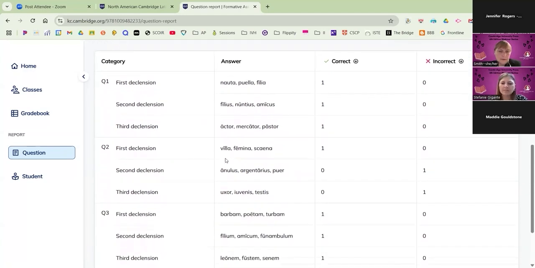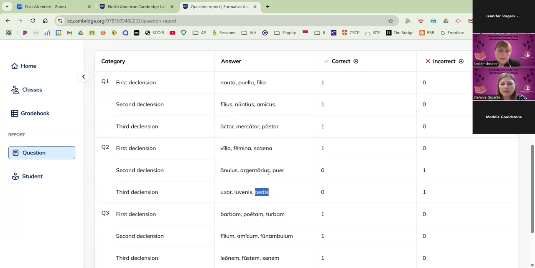Now I can see things are starting to change a little bit, right? This student is still strong for first declension, but we start to drop off a little bit for second declension and then third. And maybe I can start to make some more diagnostic decisions about the student and their performance, or just the class and their capabilities, by saying, oh, okay, it looks like they're really struggling with words that end with an S.